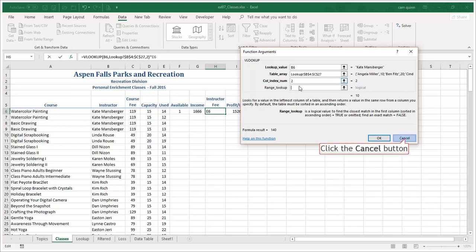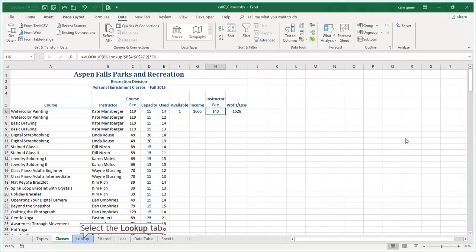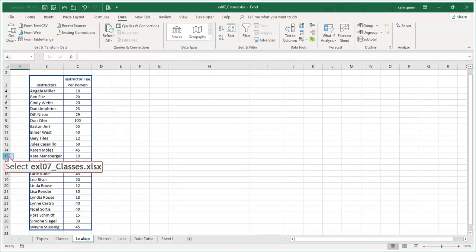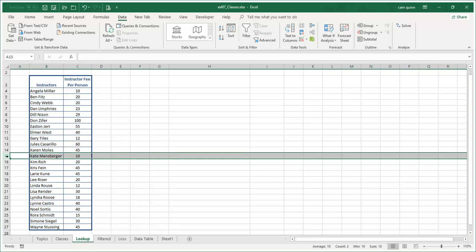All right, so I'll show you an example here. I'm going to cancel this. So I'm going to leave it with the approximate search. I'm going to go to my lookup table and I'm going to delete the row that has Kate Mansberger in it. So just so you go through, what this is saying is that for each instructor, here's how much you're charging per person. So Kate Mansberger is charging $10 per person. There's 14 people in that course, so it's $140 that they're going to pay to her to teach that course. If I delete this row